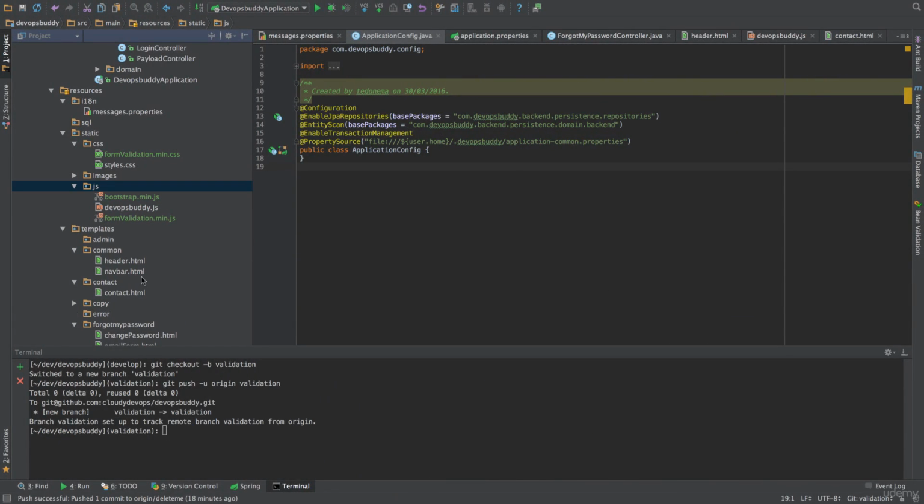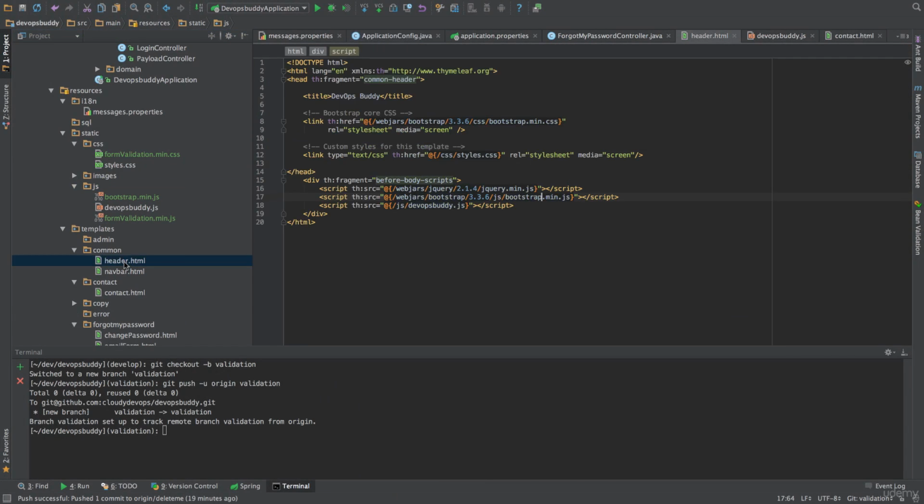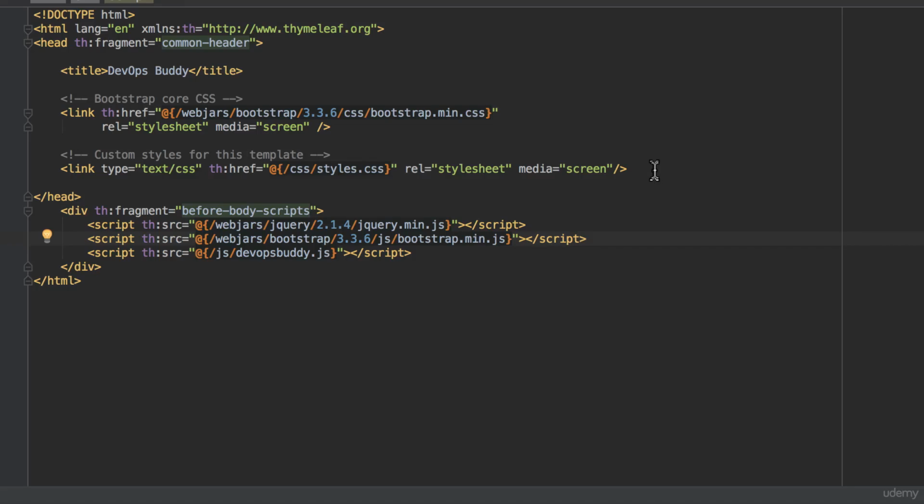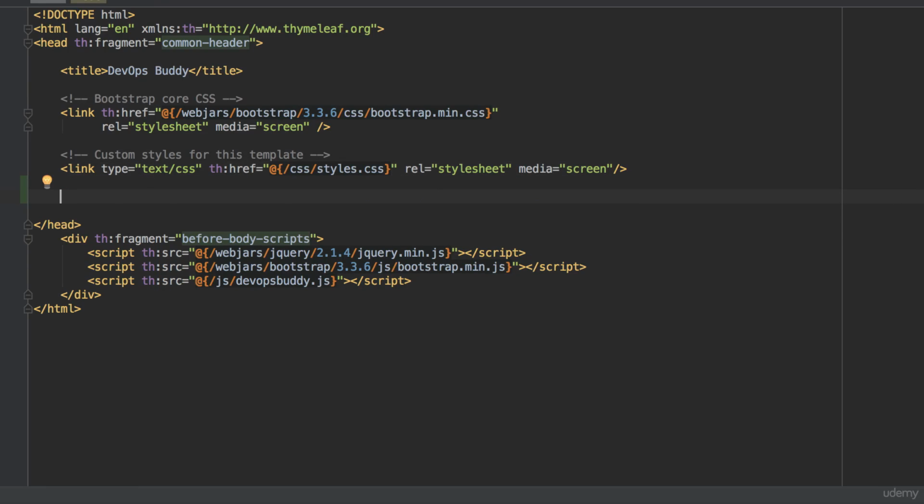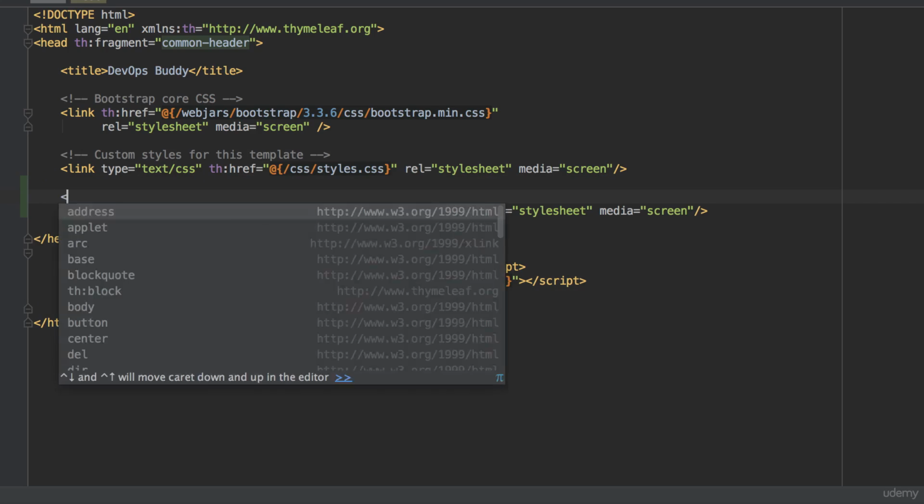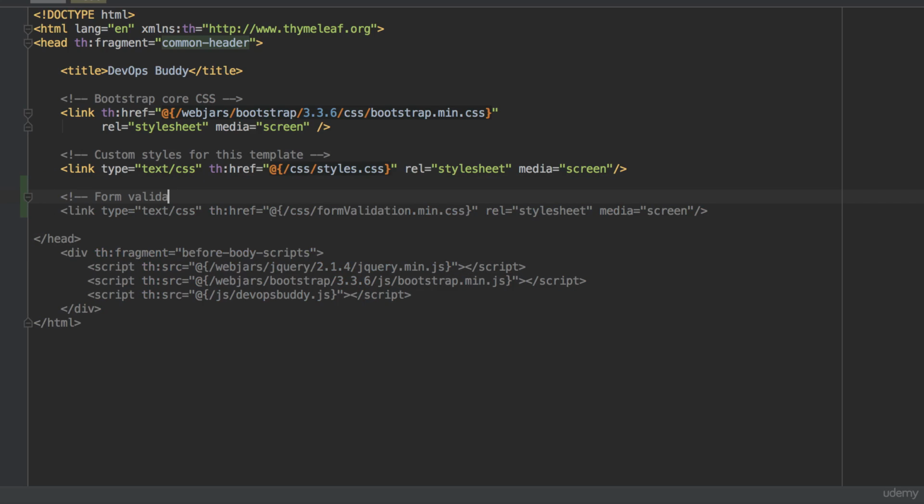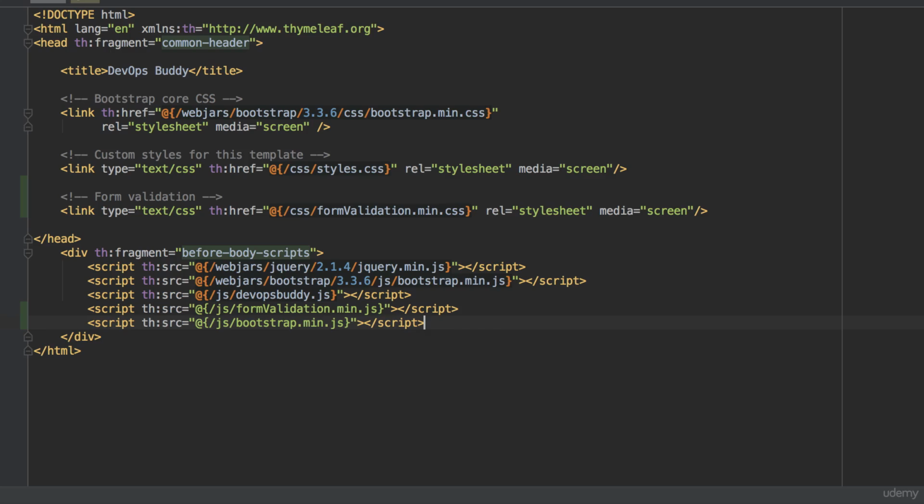Now, we will add the links to the form validation CSS and JavaScript files in the header.html file. Please note that the order in which we declare these files is important. We will add a link element under the definition of our custom styles.css file, which points to the formValidation.min.css. Then, at the bottom of the file, we will add two script elements pointing at, in order, FormValidation.min.js and